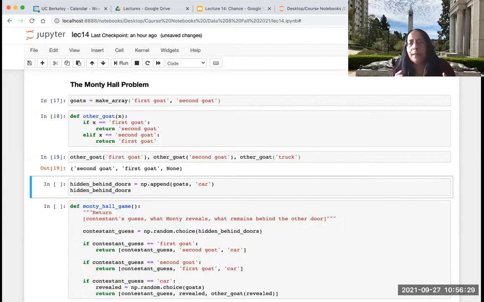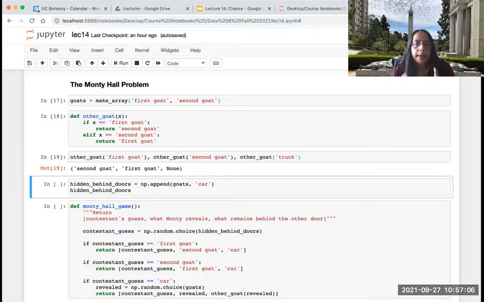Let me just tell you something. If I asked you, what's the chance that there's going to be an earthquake in the next 10 minutes? Think about this. There is either going to be an earthquake in the next 10 minutes or there is not. Yes, but are you going to say 50-50? Yes, no, or maybe? You're not, because in your head, you are convinced that there is one and there isn't one and not equally likely.